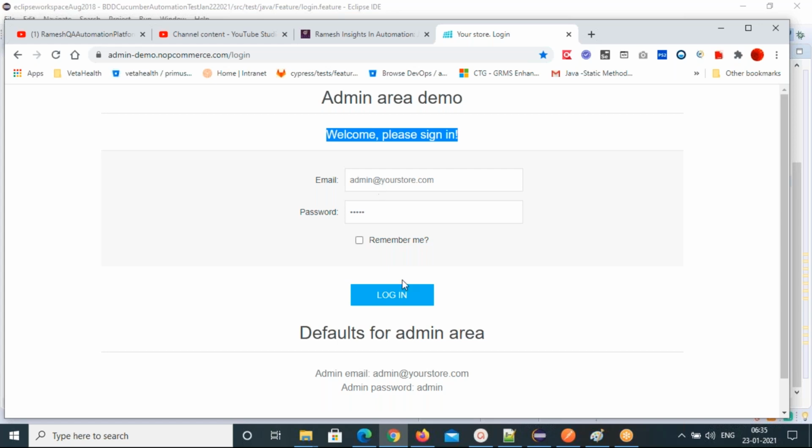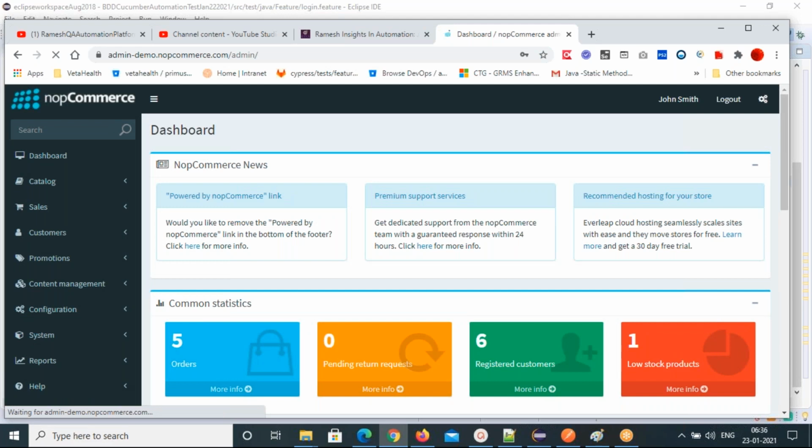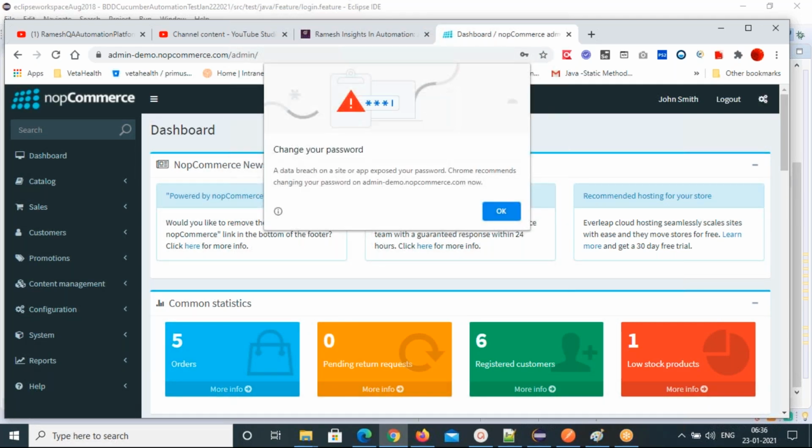Once you click on login button, the page title will change from the current page title, Your Store Login, to a new page title. So now you'll get a dashboard. nopCommerce is the page title.